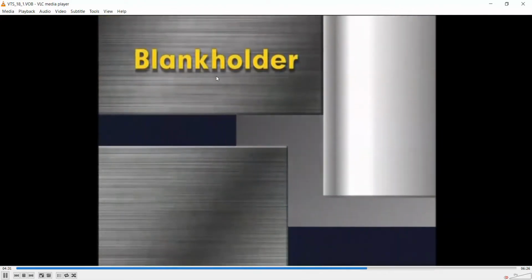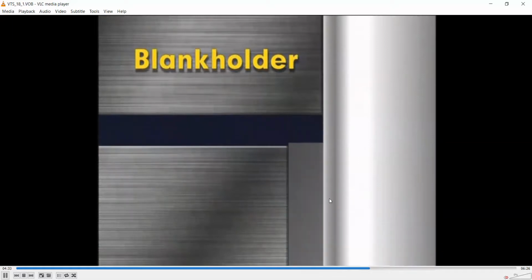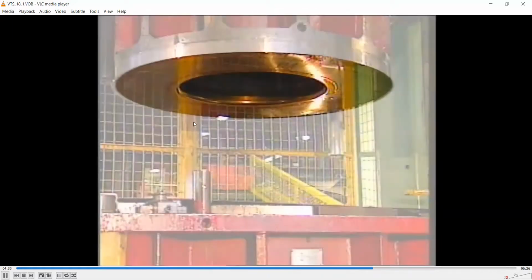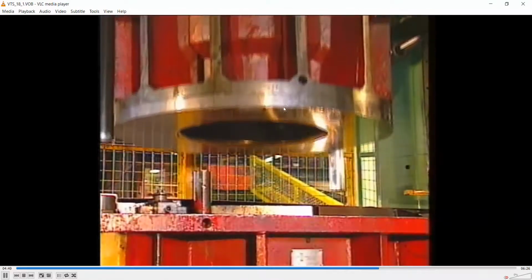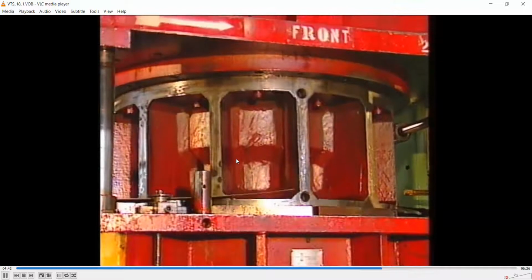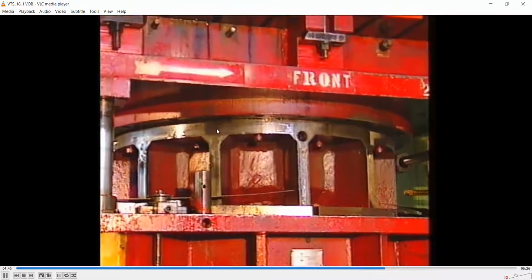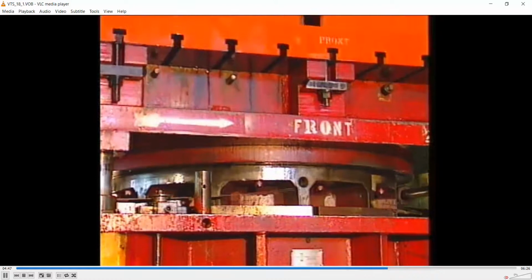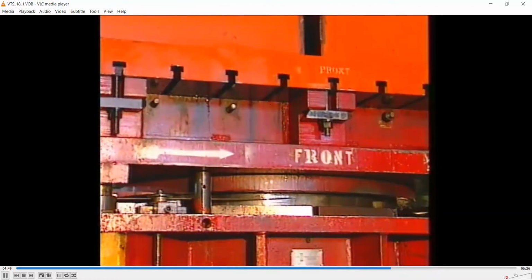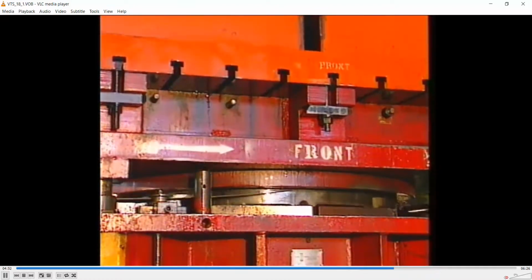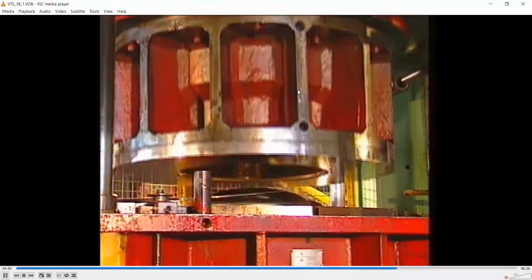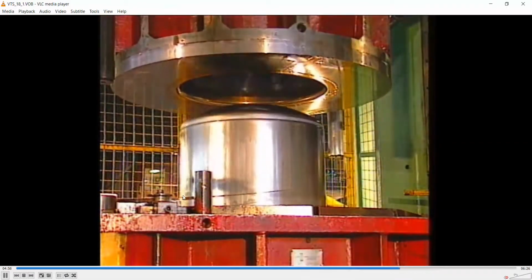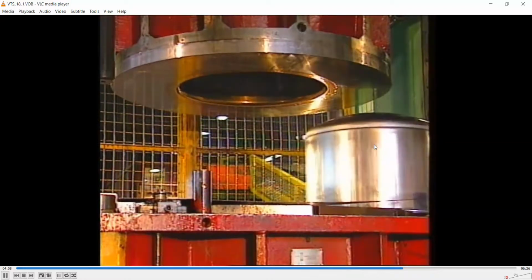So once again, you could see the blank holder that controls the flow of the blank into the die, the punch and the die. And once again, this is the blank holder. Because we are having a circular blank, the blank holder will also have a circular shape, a ring shape. And in this case, we are having an inverted die. The die is at the top, this one, the punch is at the bottom, and we have made this large part that is axisymmetric.